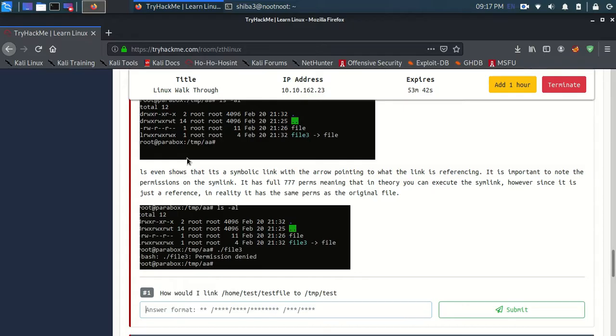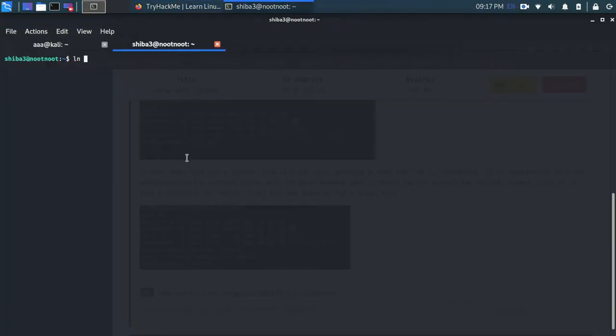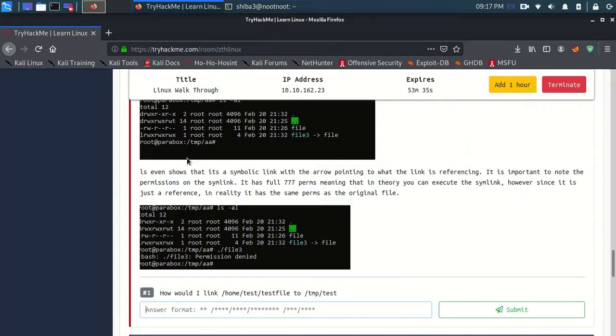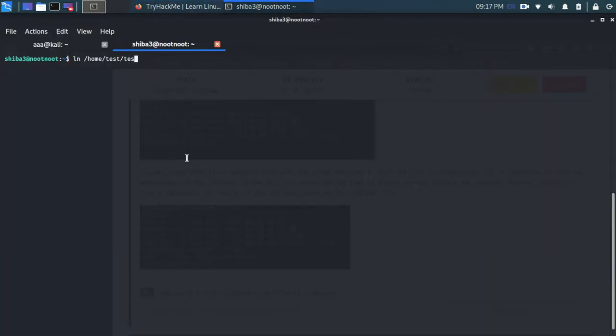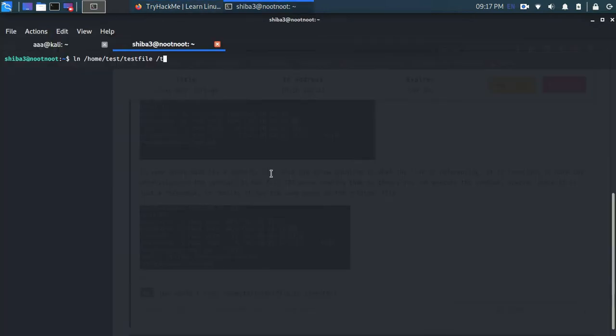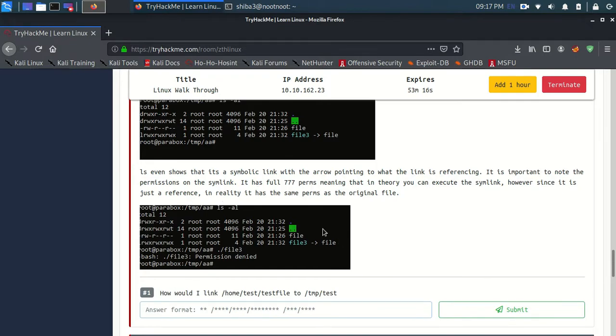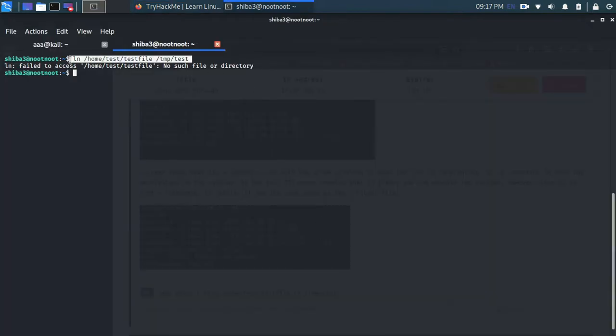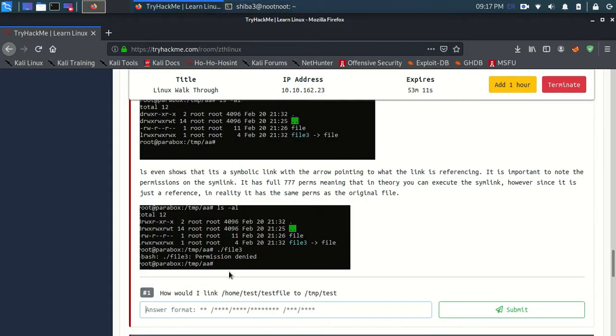So let's do ln /home/testfile and then the location, that is /temp/test. This error came because there was no file named testfile. But you can safely just skip this one, ln.